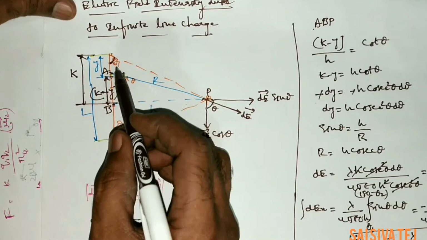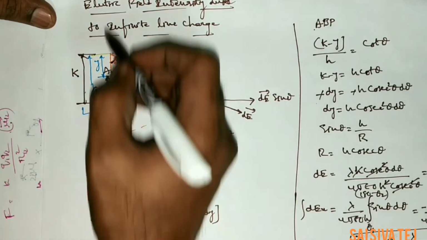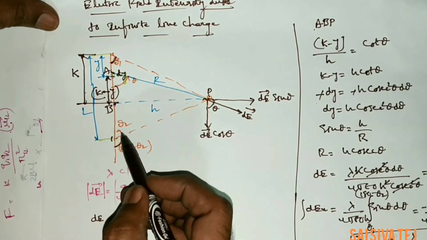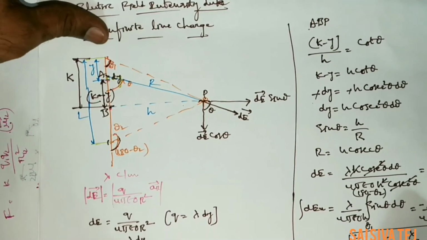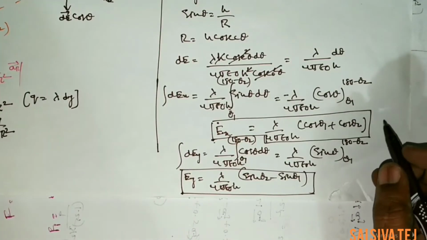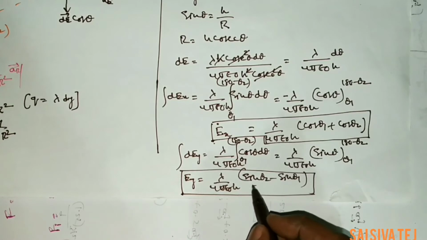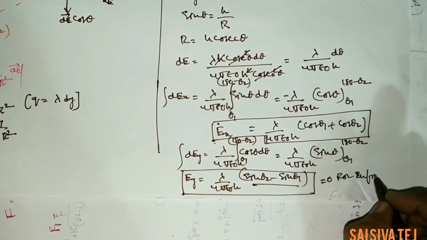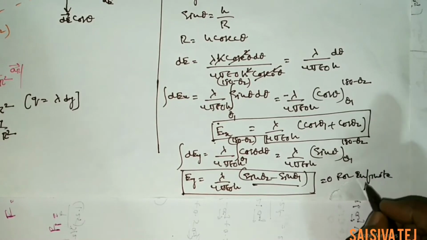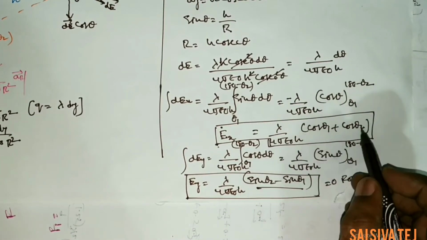But when infinite length is considered, you can see here theta 1 and theta 2 are both going to become equal to 0. When the length goes on increasing, theta 1 and theta 2 both decrease. As soon as the length becomes infinite, these two angles become equal to 0. Hence, the Ey component is going to become equal to 0 because it is sin 0 and sin 0. So this term becomes 0 for an infinite line charge. And when you consider the Ex component, we have cos 0 plus cos 0, 1 plus 1, which becomes equal to 2.